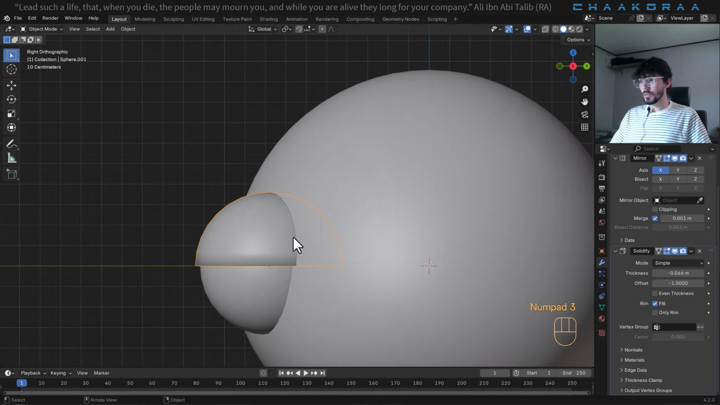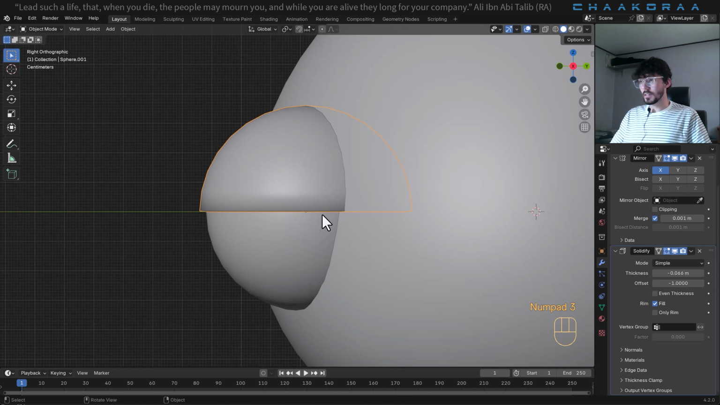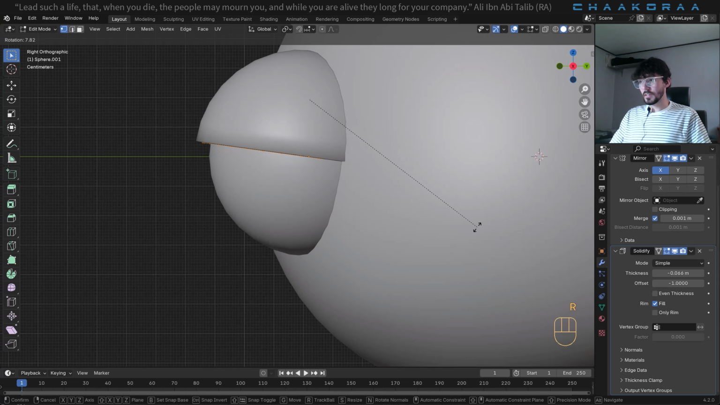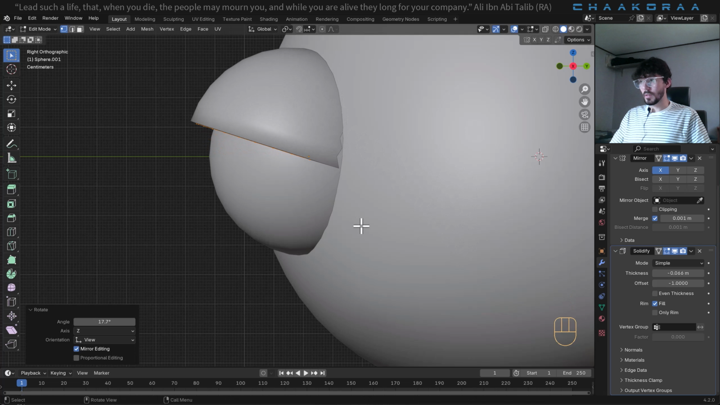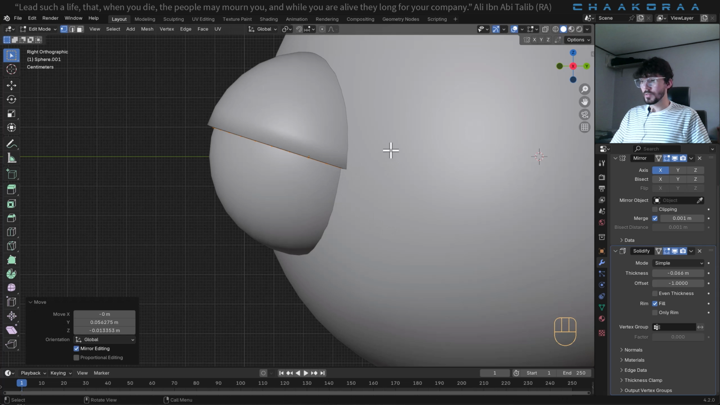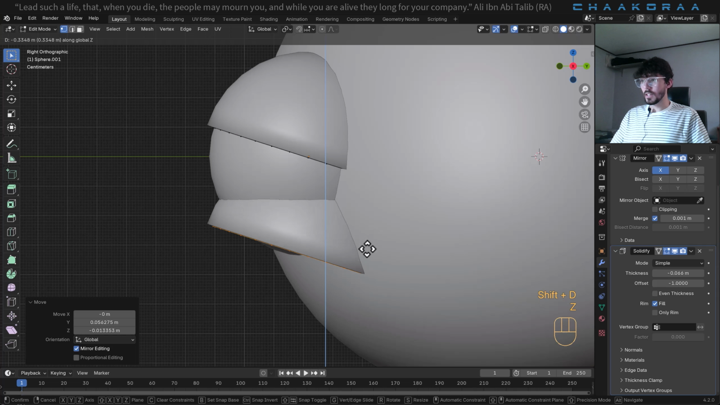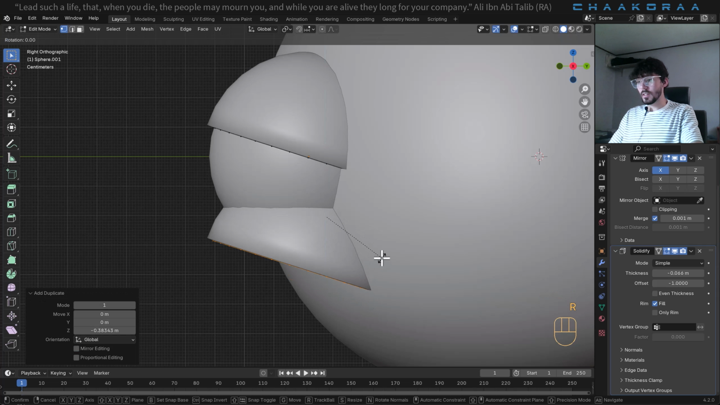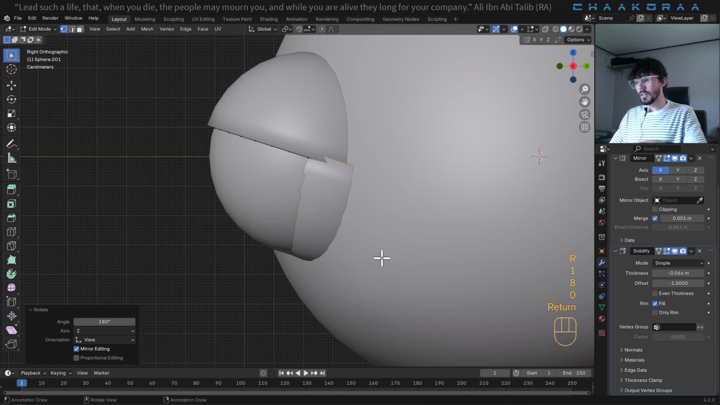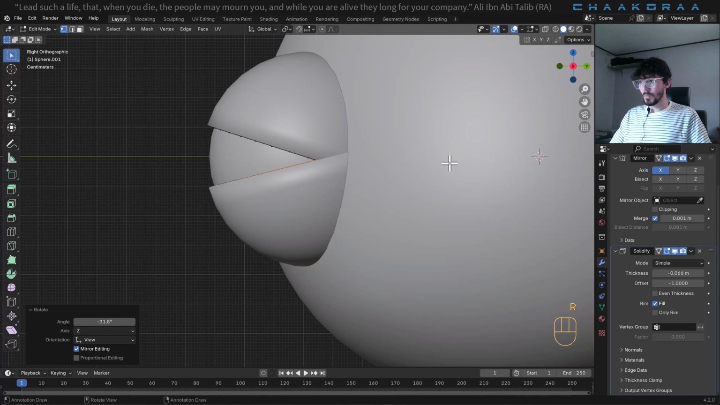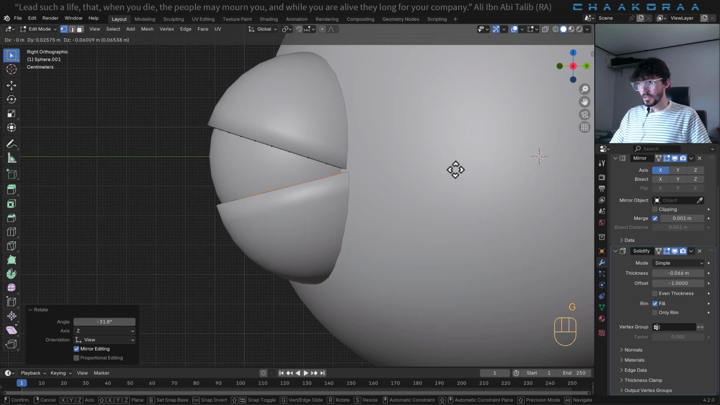So press 3 to go to side orthographic view and press Tab to go to edit mode and press A to select everything, and let's rotate that first all the way up to there and bring it inside, and Shift D to duplicate it and press Z to bring it downwards, and press R and type 180 to rotate that 180 degrees. And now we can rotate that even a little bit more, just like that, and bring it lower